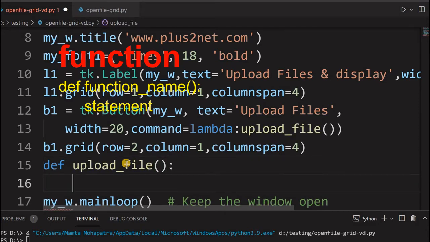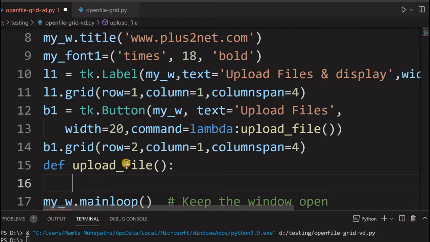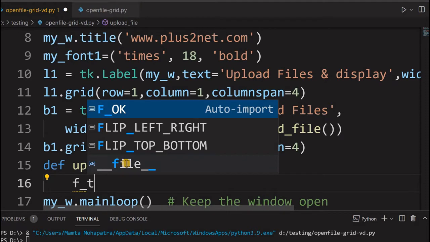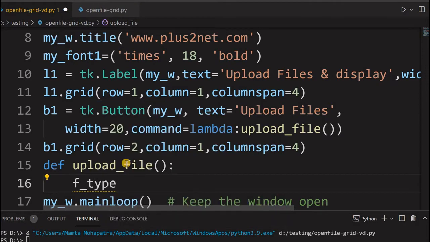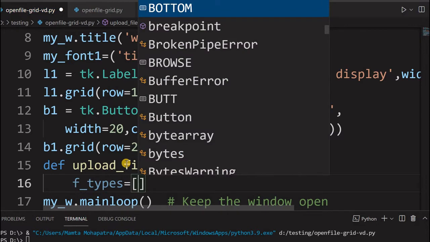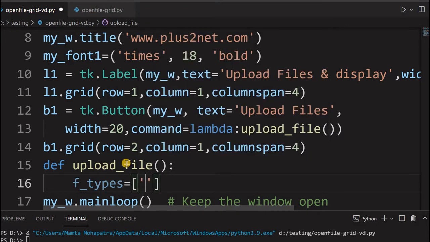Inside that, first we'll decide what type of files we're going to upload. So f types, this is just a tuple I am declaring, sorry, a list it is. I'll try first inside that JPG files, because this file type will be available by default for me. So this is star.jpg.